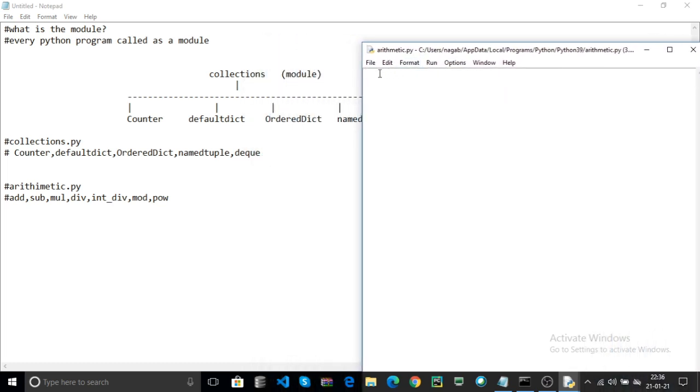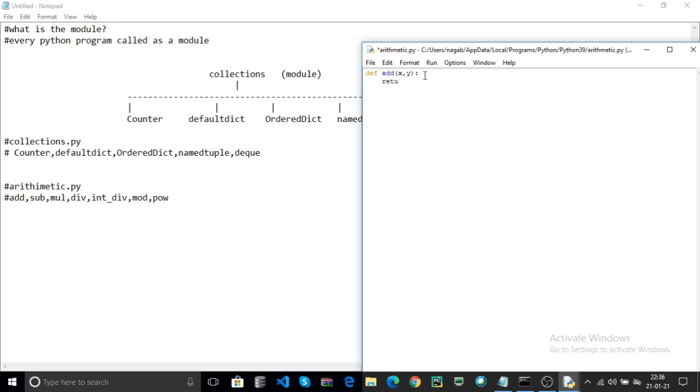Now you can create some functions, the same as in collections.py, which contains different functions. Here our module is arithmetic.py, and in that module we create some functions. For example, add. It takes parameters like x, y. You can also pass variable length arguments using the star.